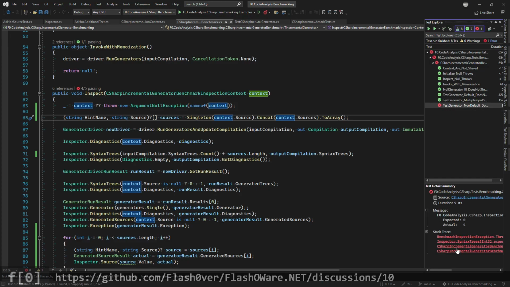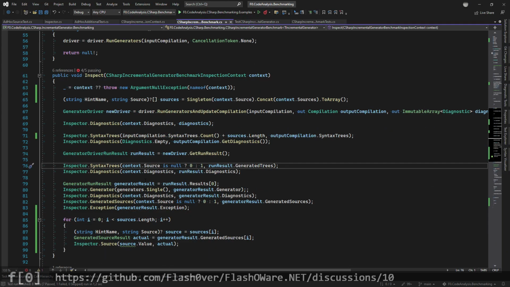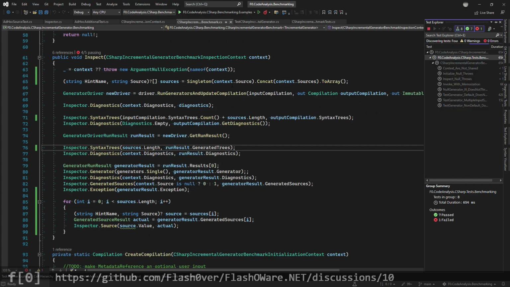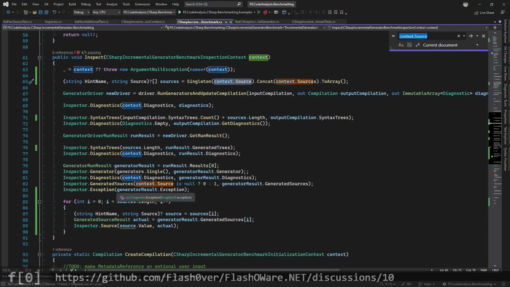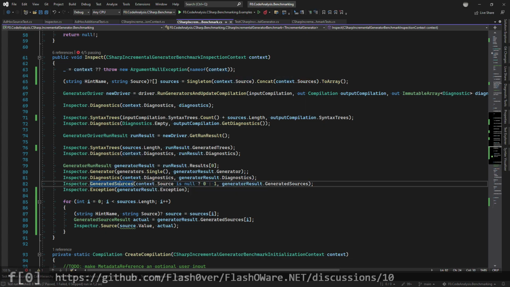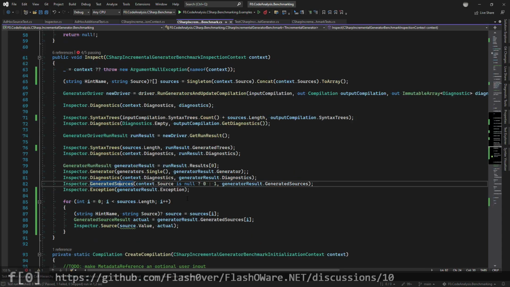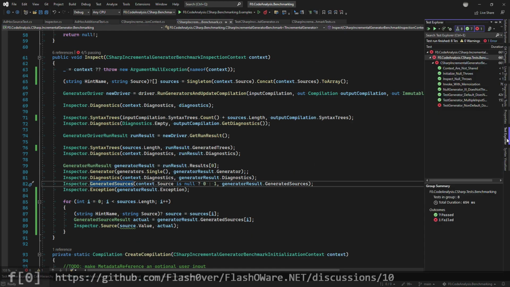And yeah, we expected 0, but actually had 4 down here. This is the generated trees. The generated trees should be the length of the sources that we combined. And we expect 1 more failure. Generated sources here, where we actually assert the generated sources. Yeah, this needs to be now A. Also the length. So this test fails